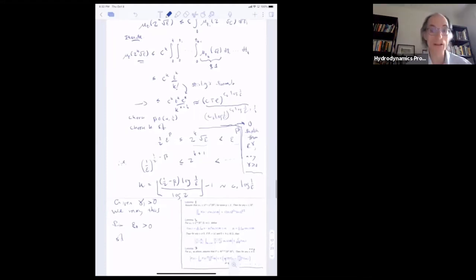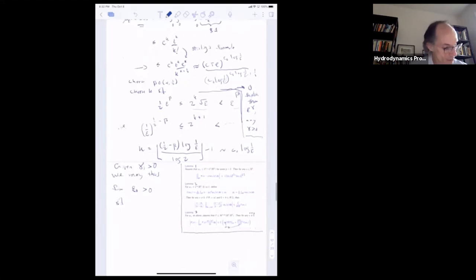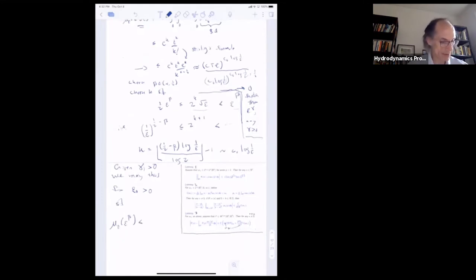Not that it matters, but such that mu t of epsilon to the beta is less than epsilon to the gamma for all